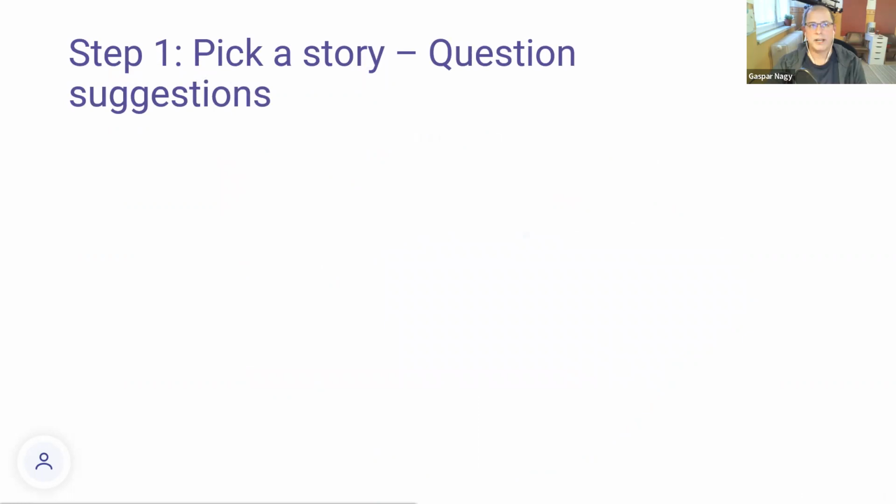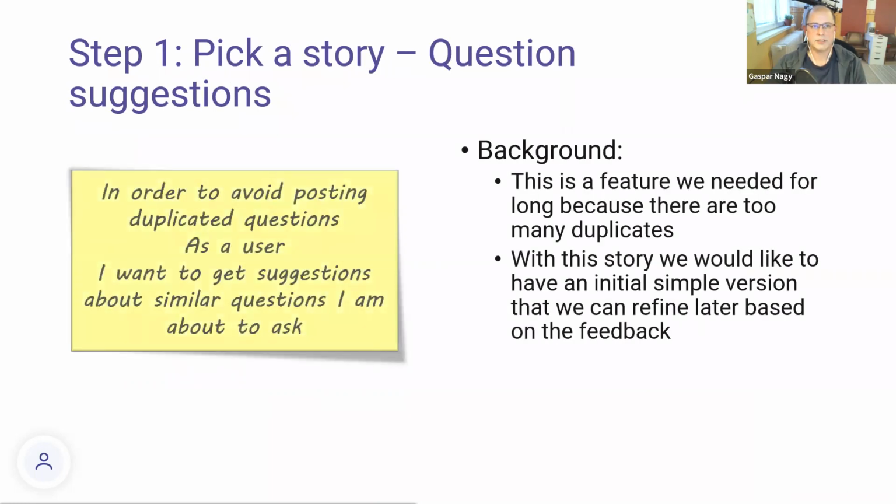So in my case, let's say that my product owner has picked up a story, and the story is called question suggestions. We have seen some traces of that. That's probably pretty clear. So basically this user story has a background. Let's imagine that this is a very much wanted feature because we have so many duplicates in the live system of our Q&A site, and actually we would like to make sure that with these suggestions people